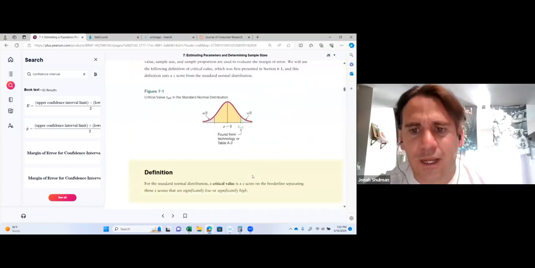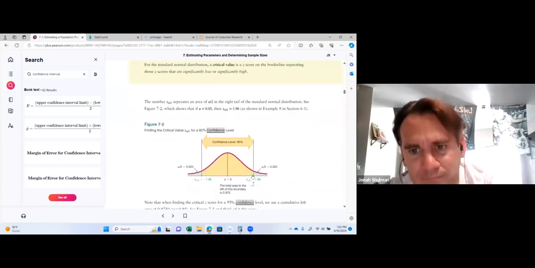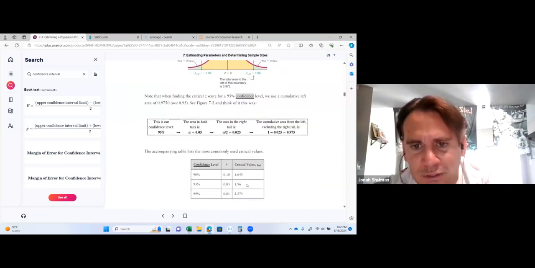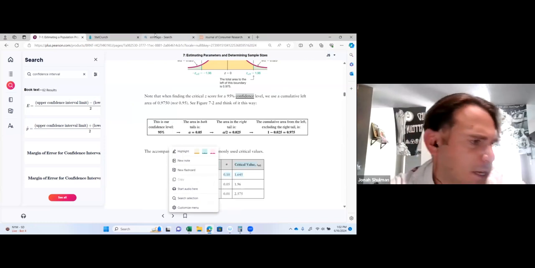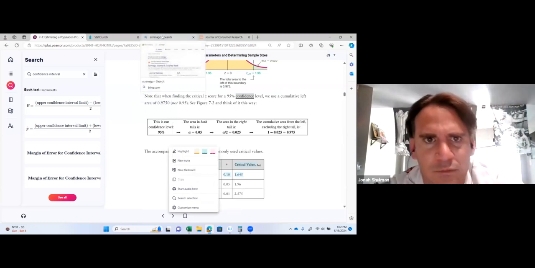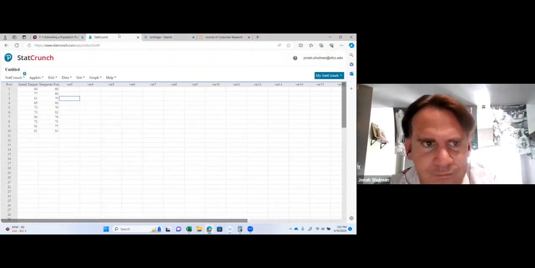90%, okay, so I know why they did 90%. It's because the critical value matches it. That's why in the back of the book they use 90%, because for our first one,